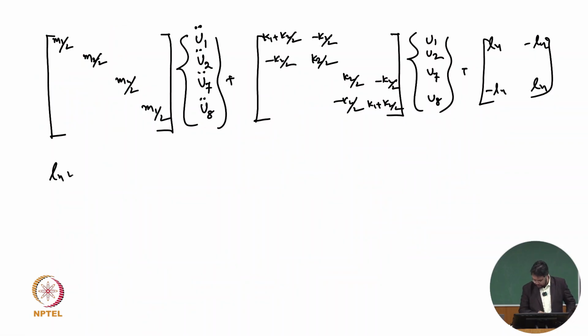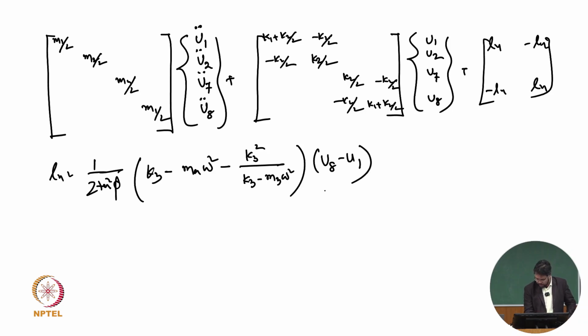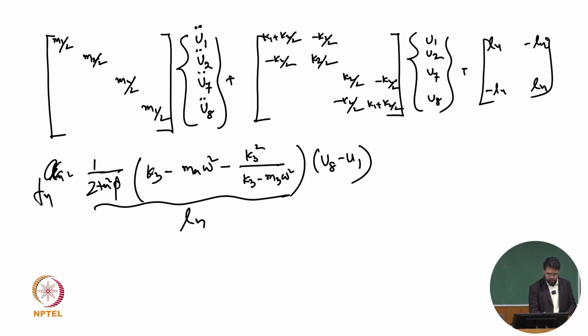So ln is actually coming 1 by 2 tan square phi into K3 minus m3 omega square minus K3 square into K3 minus m3 omega square into U8 minus U1. So this portion is fully your ln. So that part is actually coming like so. So this is my force. So once you write that force, you will get it this way,